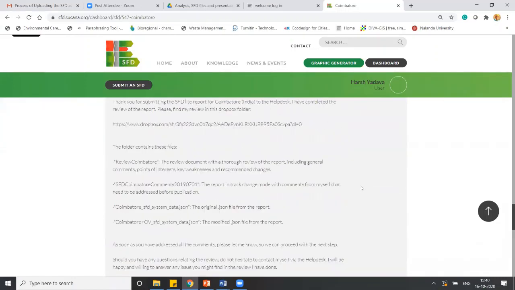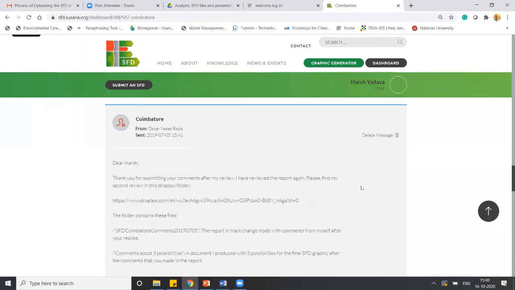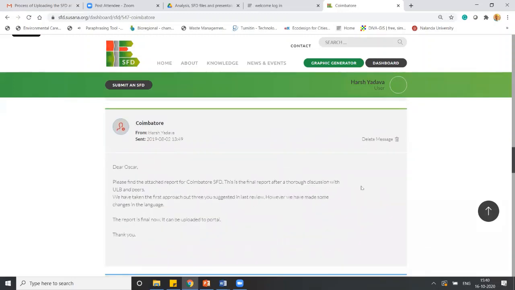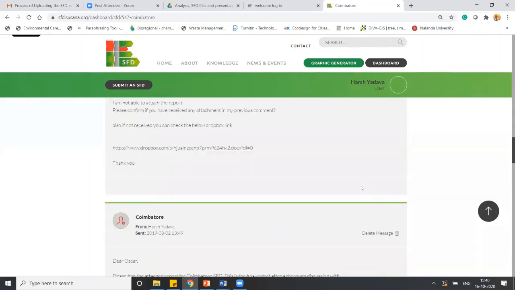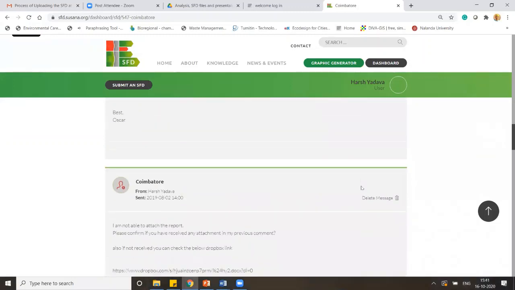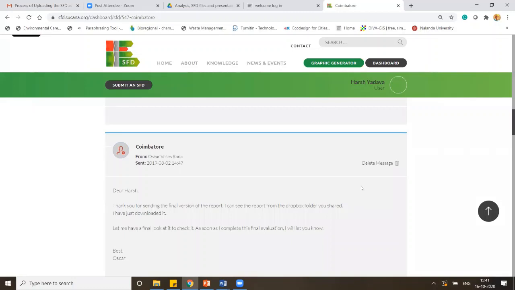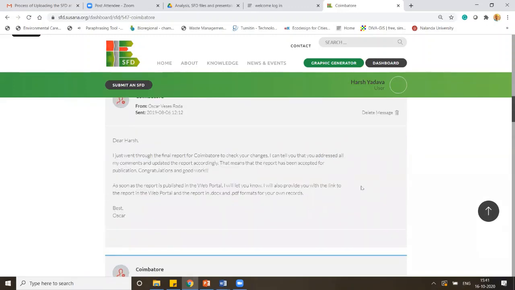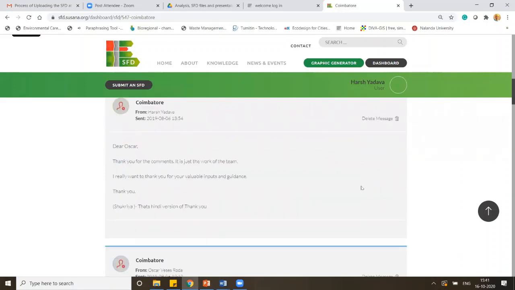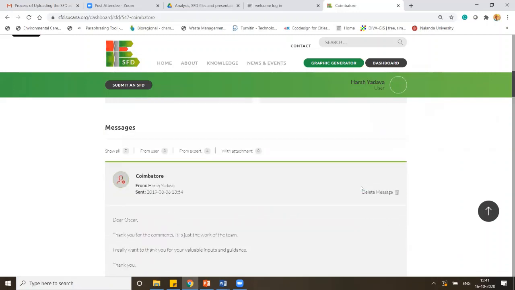Just a question: is it a committee of members who review this report? As of now, one reviewer gets your report. It's not necessary that every report goes to the same reviewer. They have a group of reviewers, and one report goes to one reviewer. And how much time does it take to get it finalized ultimately? It totally depends on the quality and the size of the report. If it's a comprehensive report, you can expect a little more time, but a light report should not take much time. It's within 15-20 days, at max by 15 days. Okay, thanks.